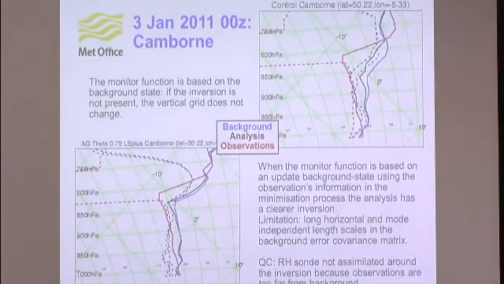So this is my final slide. If you remember well, in the previous implementation, we had a very strong inversion, in red the observation, and we couldn't really get any better by using the adaptivity because the background didn't have that inversion in it. So with the iteration, what we have achieved instead is, as you can see here, the background has a better